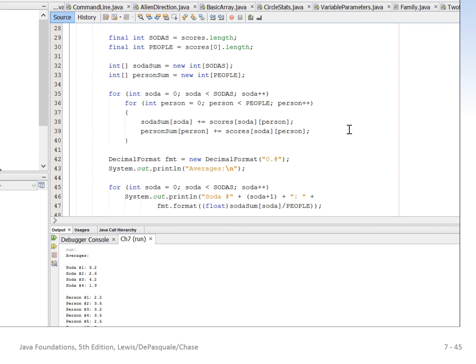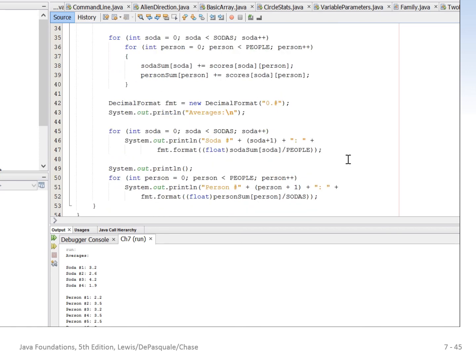to calculate these averages. And for soda sub-0 to soda less than sodas, for person equals 0, person less than people, soda sum, soda, right? A new array, plus equals scores, soda person. Person sum, person, plus equals scores, soda person. We set the decimal format to be 1 decimal place to the right of the decimal point